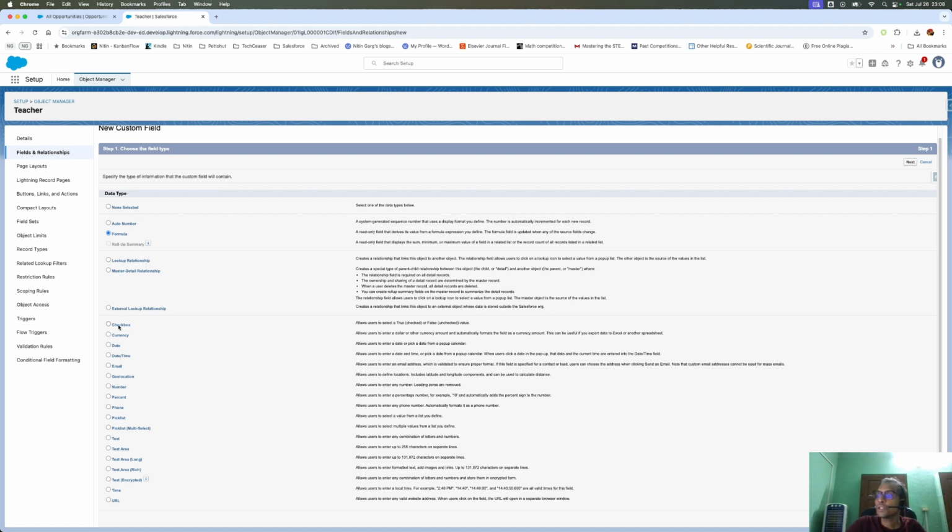Checkbox is for true, false, right? So you can save a true false value in this field, and the checkbox will be checked or unchecked on the UI. Currency, date time, email, geolocation, number. Here you can save the percentage, phone, pick list, multi-select pick list. So if you want to have a drop down to select multiple values in that drop down, then pick list